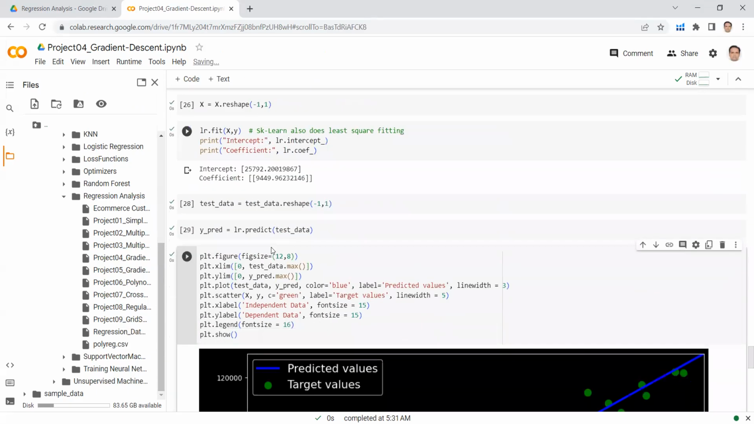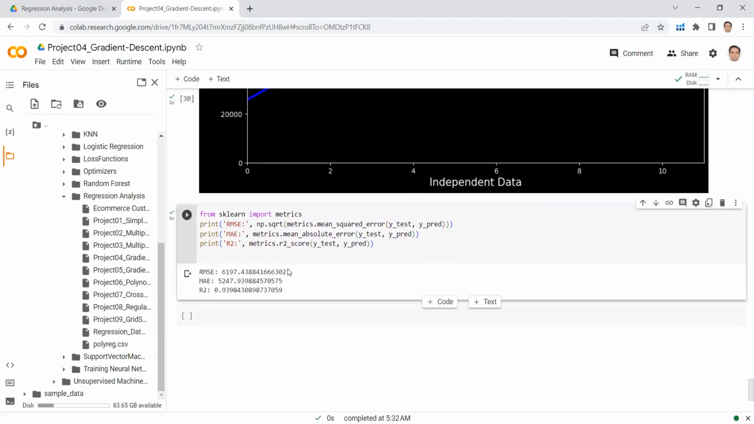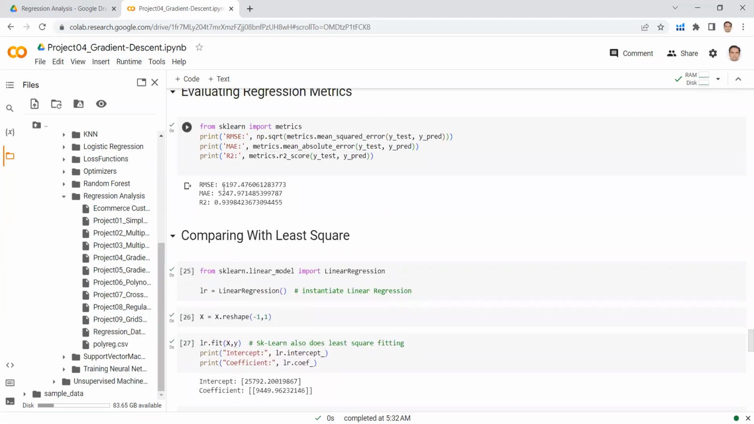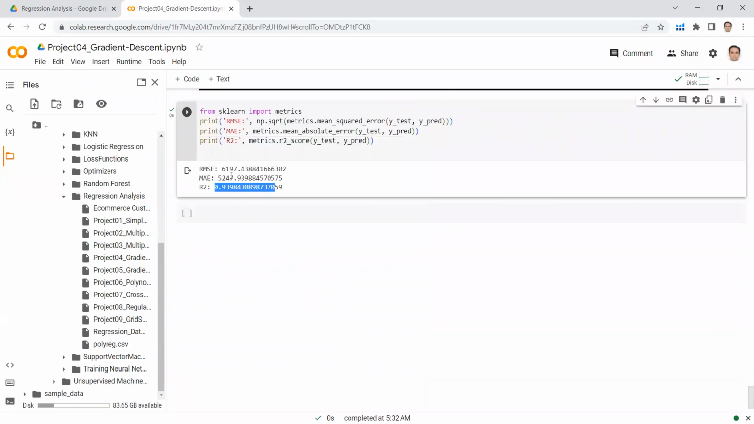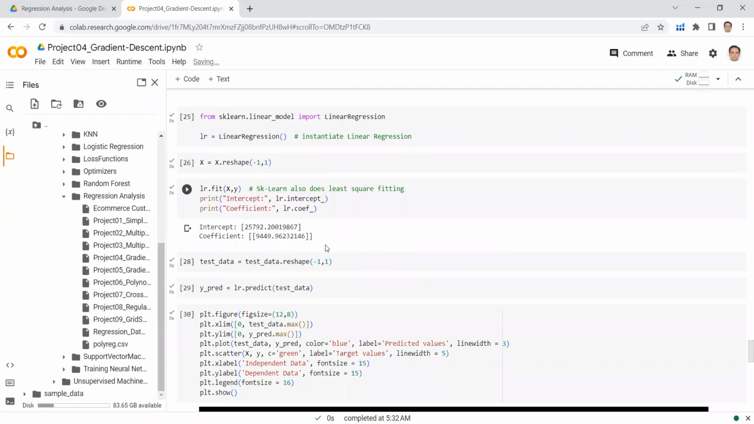Now it's time to evaluate the performance, that is, to calculate the metrics: root mean square error, mean absolute error, and the R square. We have imported these again from scikit-learn. Let's run this cell and we can see that these values are exactly the same. If you see R square, it is 0.9398. If we go back and see this value, it is the same. The other value is 61975247 here as well. So we see that for this particular simple data set, gradient descent performs exactly